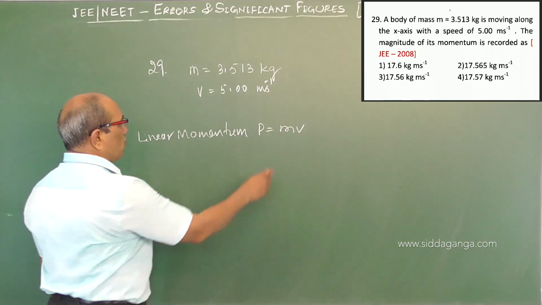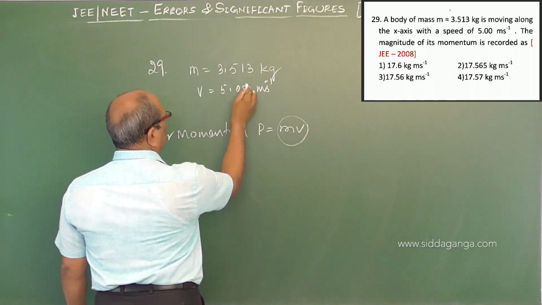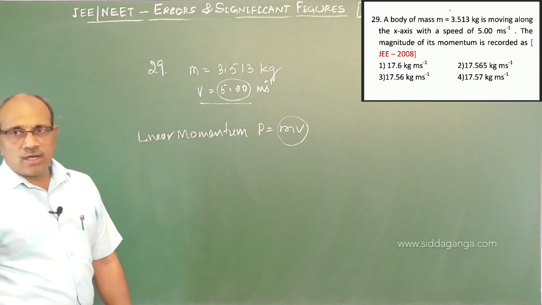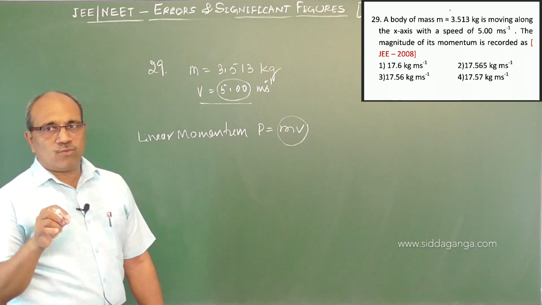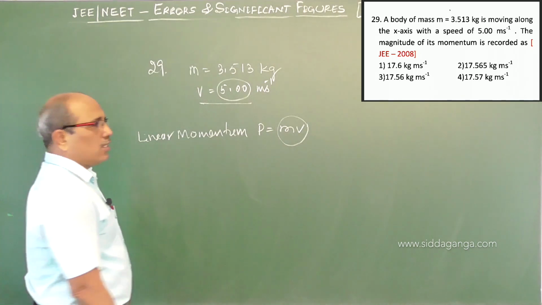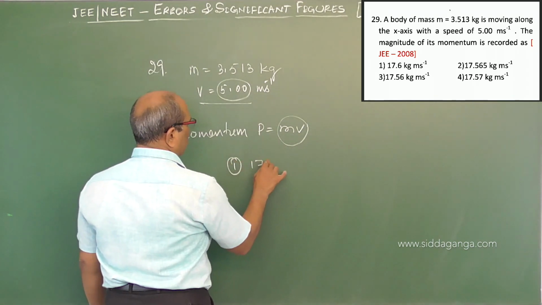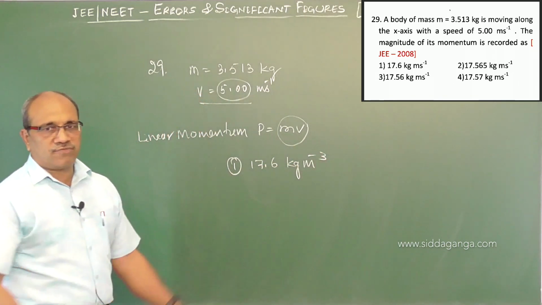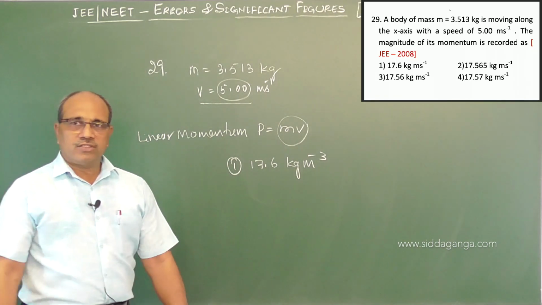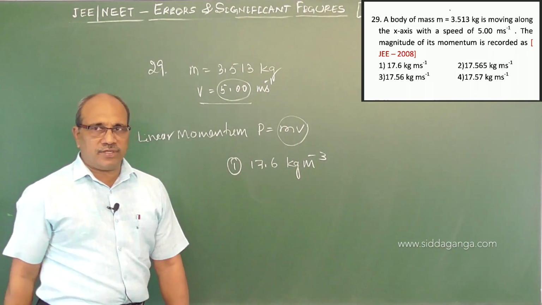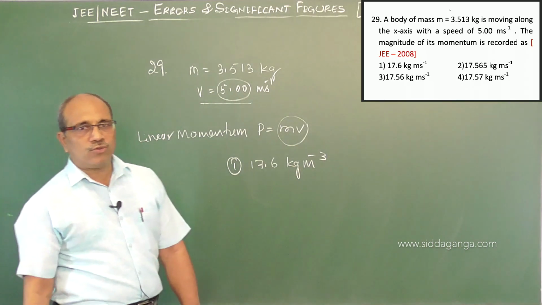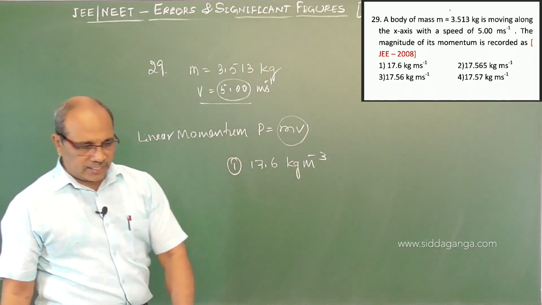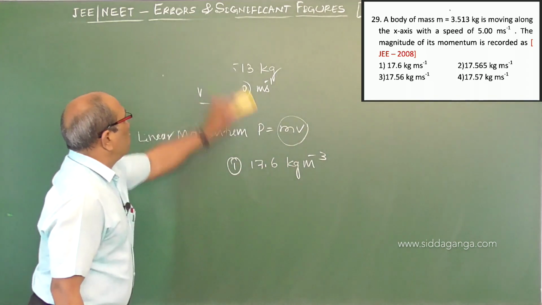See here it is a product. In the case of a product, you have to take the minimum number of significant digits out of the two. The final answer should carry only three significant figures. The first option is the only one, 17.6 kg per meter cube. Don't go on calculating the product and all those things. The question relies on significant figures. In the case of a product, you have to maintain the minimum significant figures, that is 3. Here also 3, so option 1 is the correct one. Come to the next.